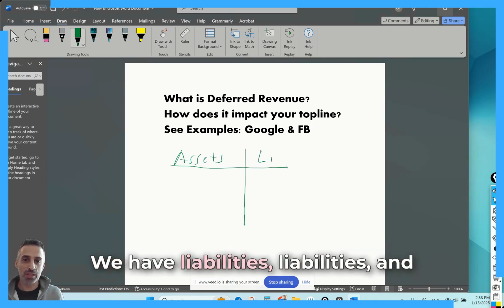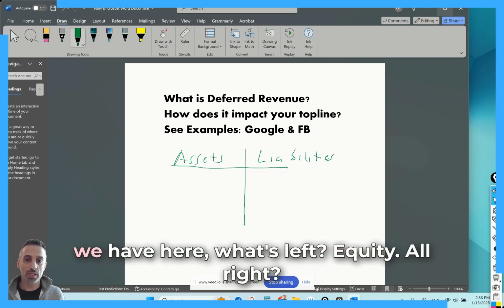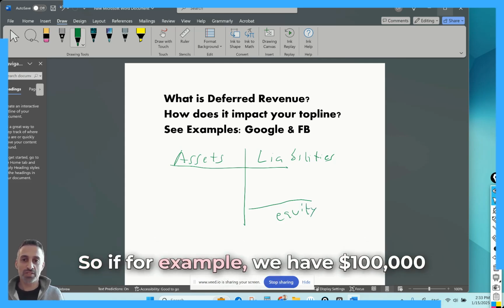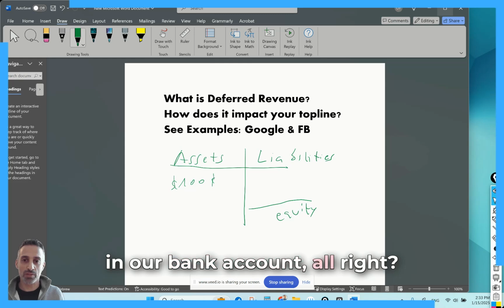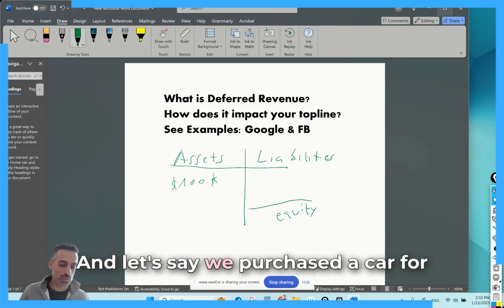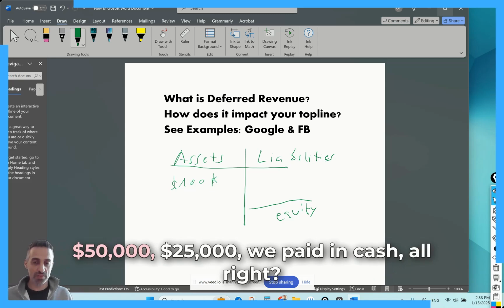We have liabilities, and we have here what's left, equity, all right? So if, for example, we have $100,000 in our bank account, all right? And let's say we purchased a car for $50,000,